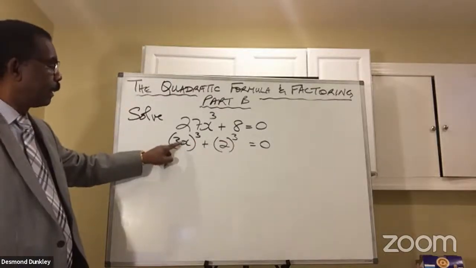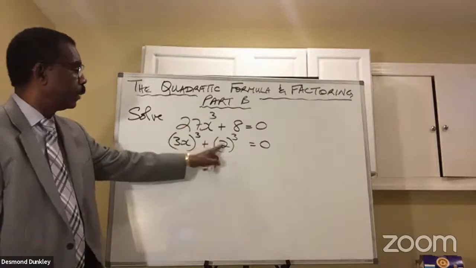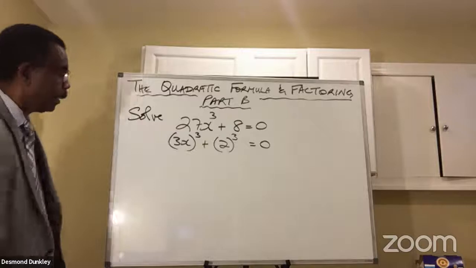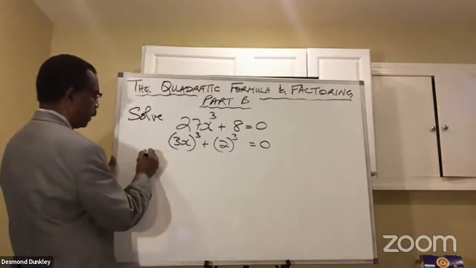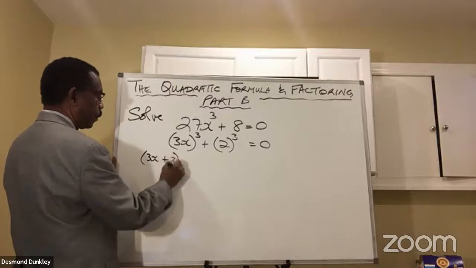3 times 3 times 3, 27. X times x times x, x cubed. 2 to the third is 8. So we know that this is correct. And the factorization becomes 3x plus 2